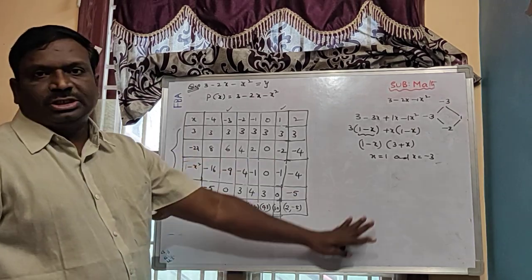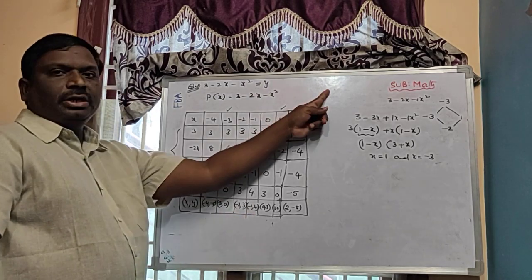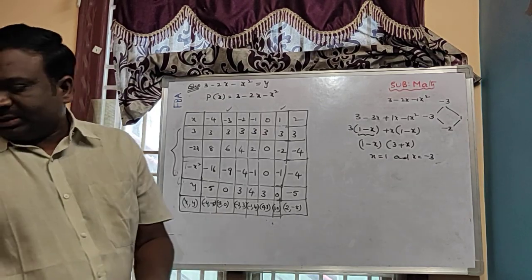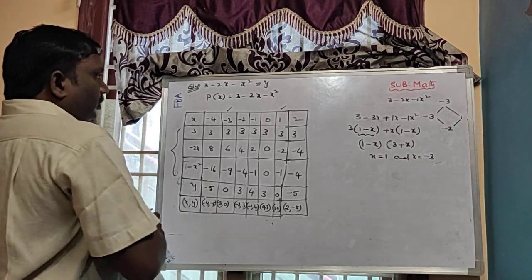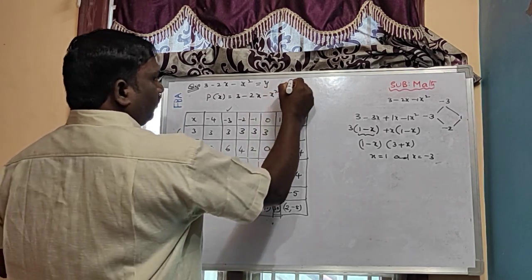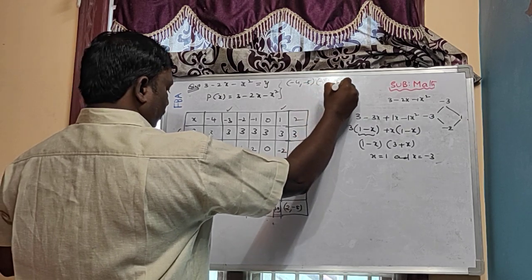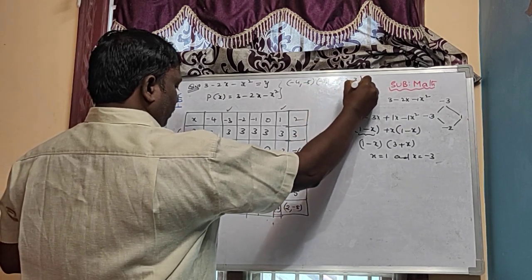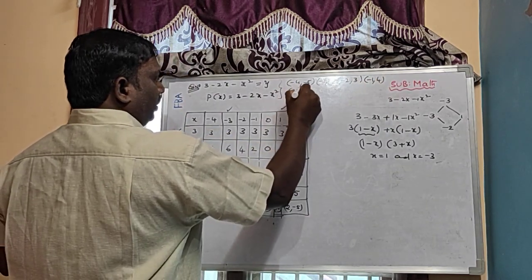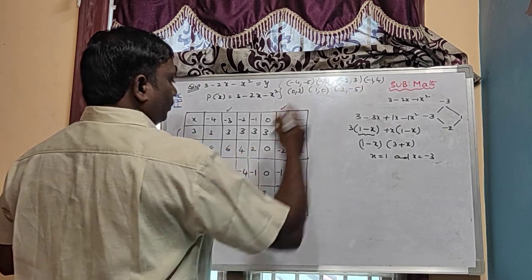So there is not sufficient space, that's why I am erasing the table. I will just note down these points here. I will mark the points in the graph. Listen carefully, and I hope you understand the table. So the values I am marking here: minus 4 comma minus 5, minus 3 comma 0, minus 2 comma 3, minus 1 comma 4, 0 comma 3, 1 comma 0, 2 comma minus 5.